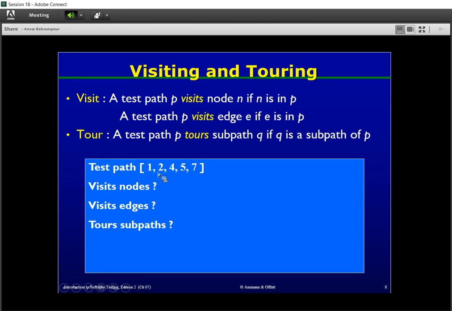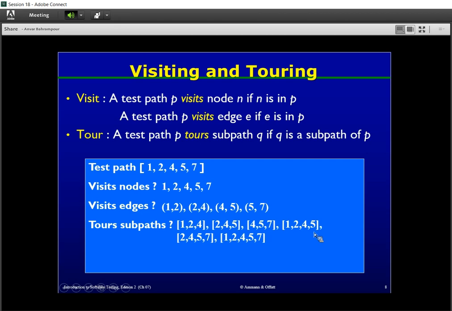This test pass visits the edges 1 to 2, 2 to 4, 4 to 5, 5 to 7. This is the set of all edges of this pass. And this pass visits, for example, node 4, node 5, node 7. Okay, these are clear and I think there is no problem to explain. And there are some